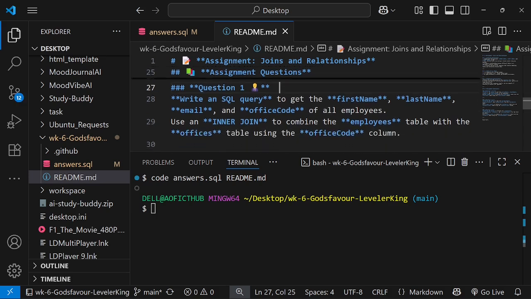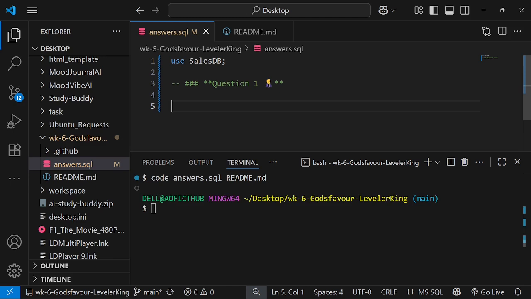Write an SQL query to get first name, last name, email, office code of all employees. Then you use an inner join to combine employees table with office table using the office code. Okay, so select